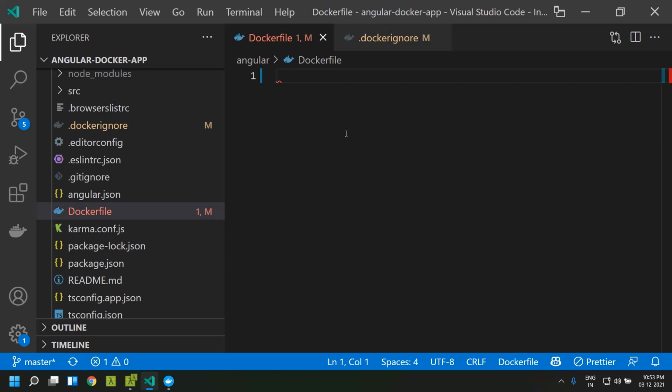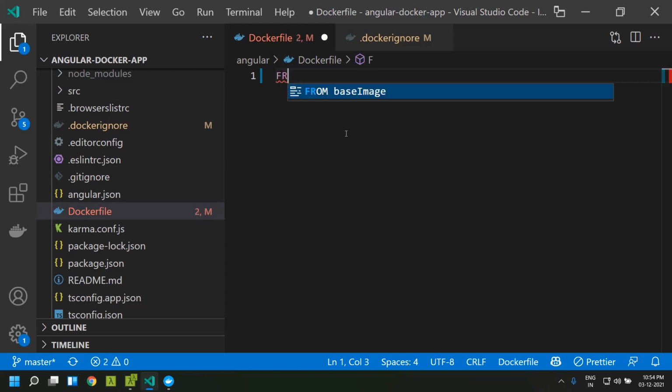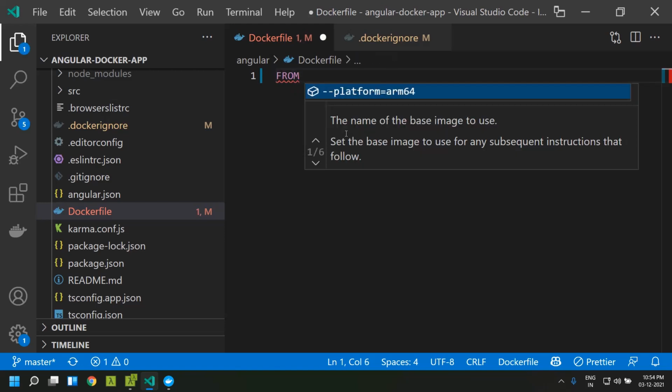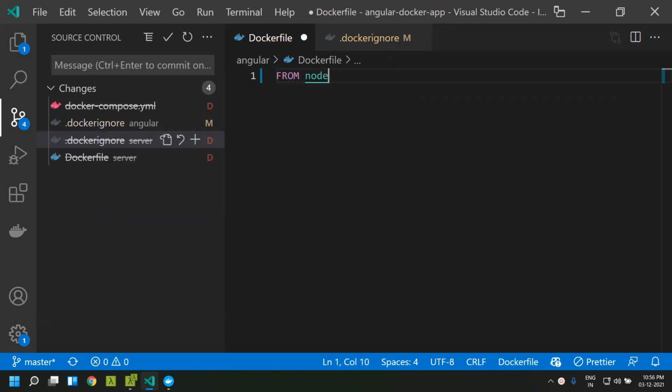Inside our Dockerfile, we can provide multiple commands which can be used for adding layers. First we need to start from a base image. For starting from the base image, we can use the command FROM. Since we need Node.js to build our Angular application, we can start from the node image.